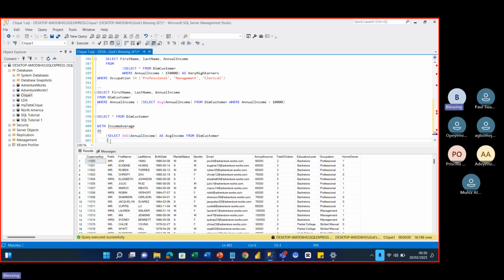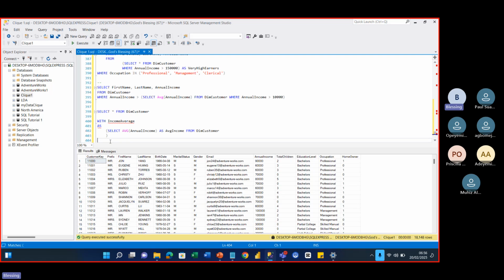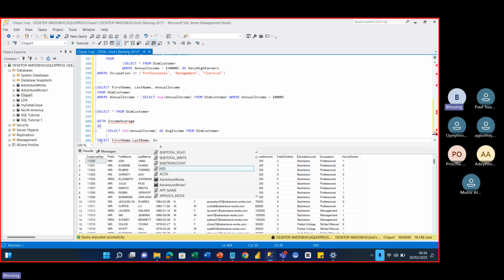Then once that is done, I want to see all the customers. A CTE would not work like this. If I run this, it would not work. It has to be followed by my query. I want to see select what? Select the first name, comma, the last name, comma. I also want to see the annual income,